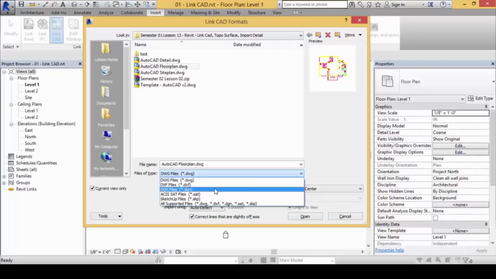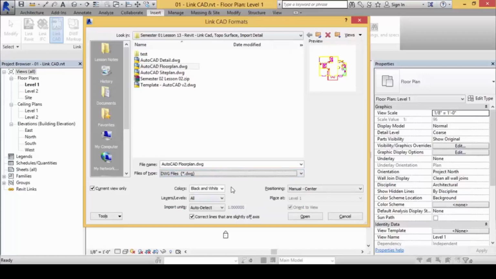And then there is also the DGN file format. DGN is a MicroStation work file format. Then you have other ASCII set files. There are also SketchUp files. If you use SketchUp for some modelings, you will probably do that part. You can choose some of these as well.